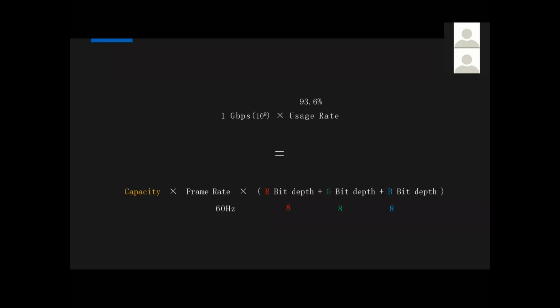Sometimes it could be higher, sometimes it could be lower, according to different quality of the cable or distance of the cable. And because we're transmitting a 60 hertz video signal, the frame rate is 60 hertz, and the video signal through DVI is 8-bit color. So for each color, we have all 8 bits. So if we do the calculation,